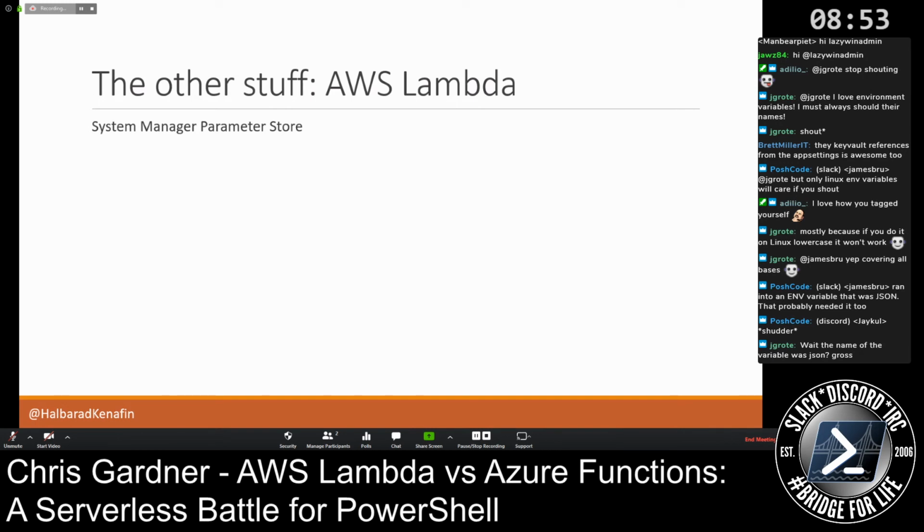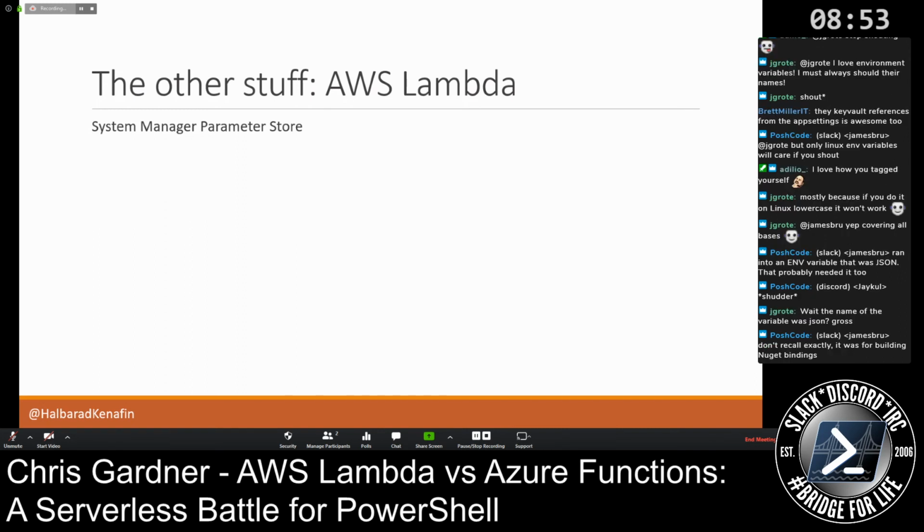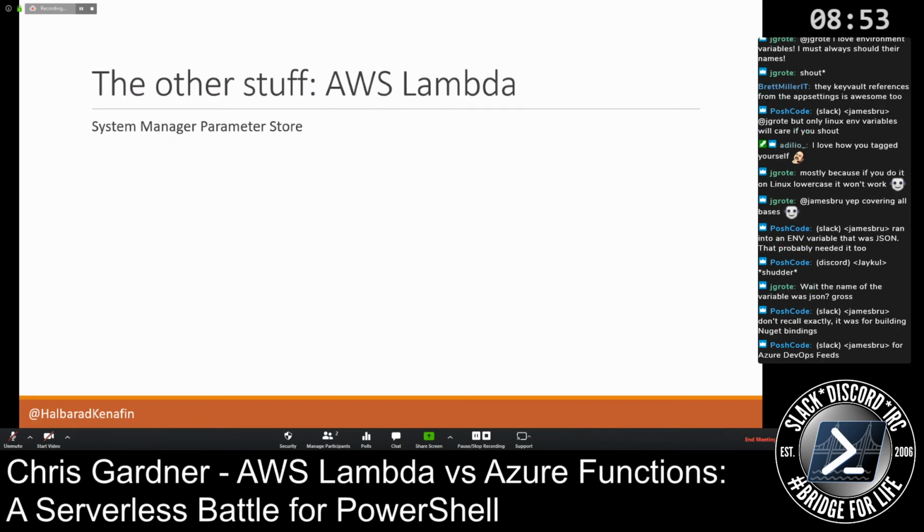But what I can do is trigger that Lambda with specific messages, like saying, run for product A. And the Lambda will talk to Parameter Store, pull down the settings that are relevant to product A, and then do its thing. So it'll figure out what App Insights it needs to talk to, what queries it needs to run against that, what data it should be returning, and then do its job.